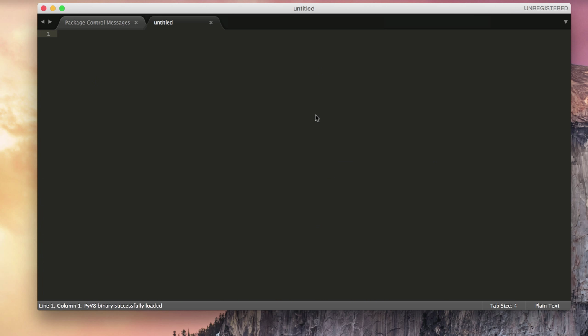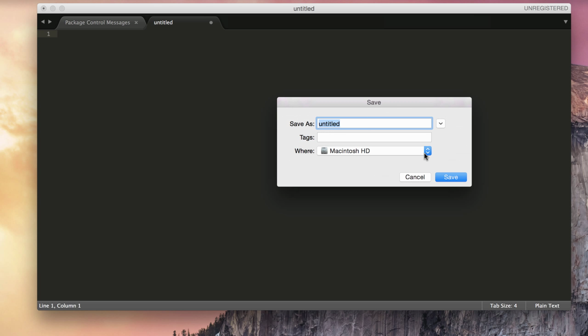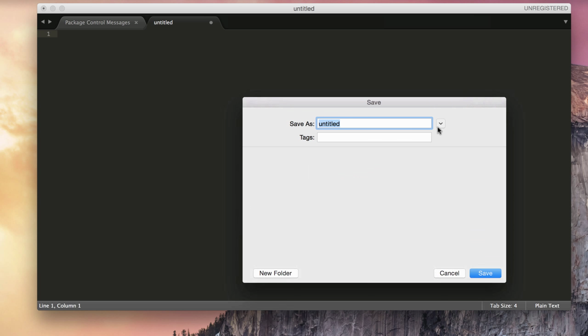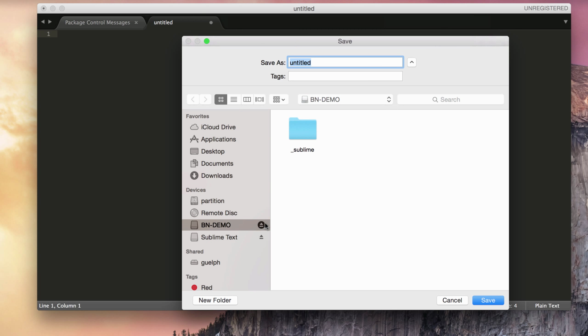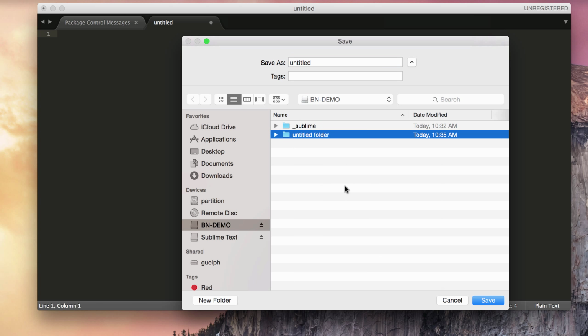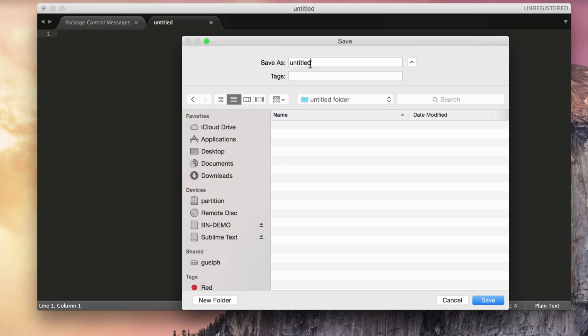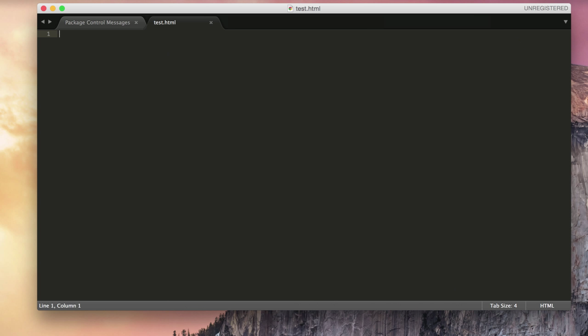I'm going to quit in order to reload Sublime, and again, I don't know if we necessarily have to do it. So I'm just going to show you a little bit of something about Emmet. I'm going to save this as an HTML file. And then to use Emmet, here's some of the things that it does. If I type in an exclamation point and then hit tab, you can see it gives me an HTML5 document,